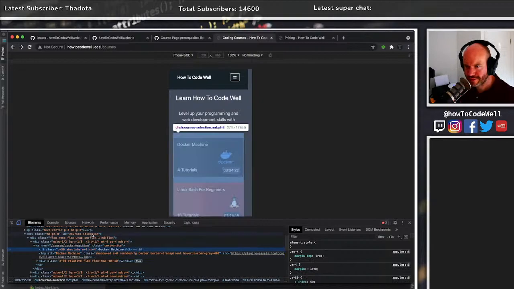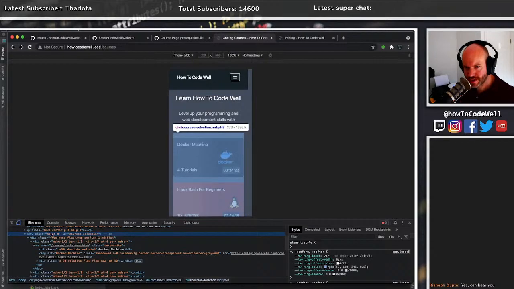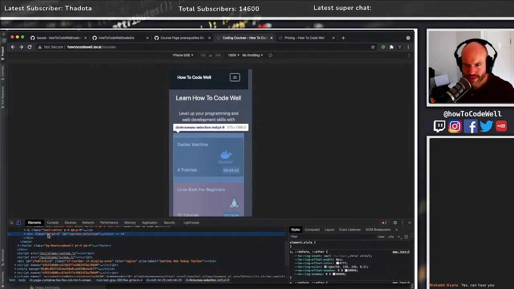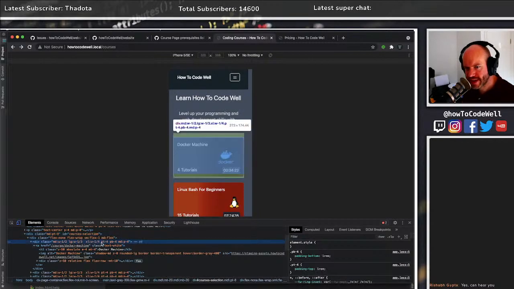You've got section courses here, padding 4 top, P4 top. Then you've got the course selection, which has an MD padding of 8. And then the first course looks like it has a padding top of 4. So it's padding 4 of 4. I think that's the thing that will push it out.